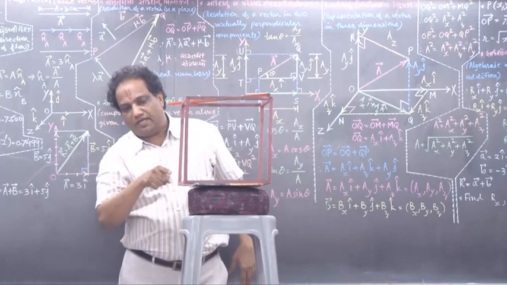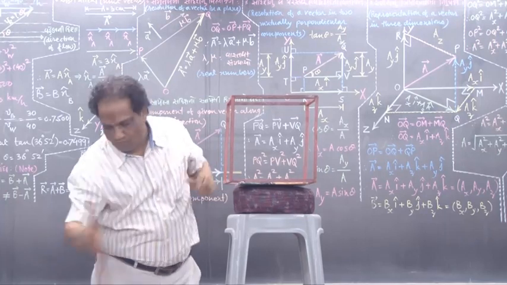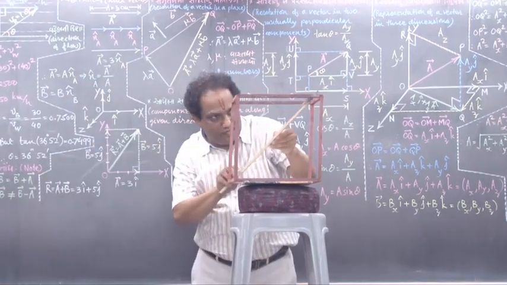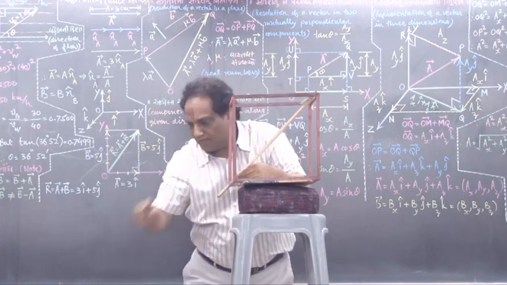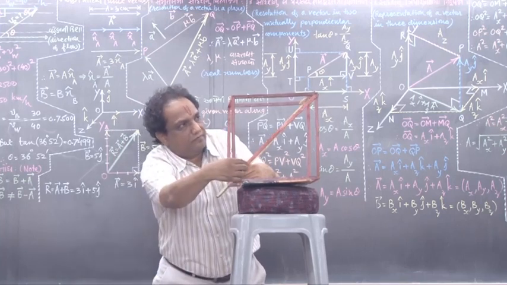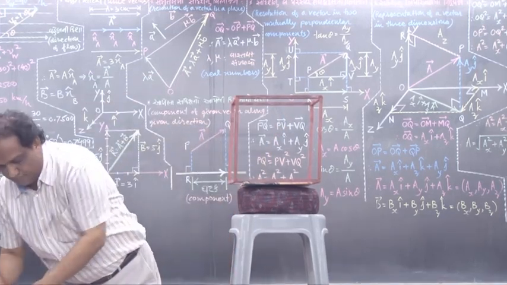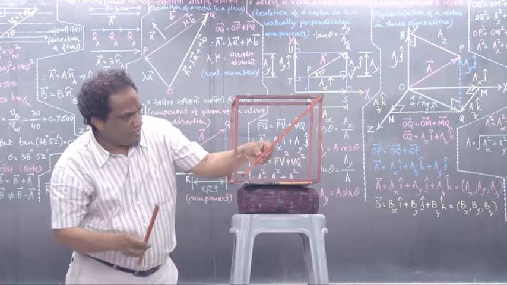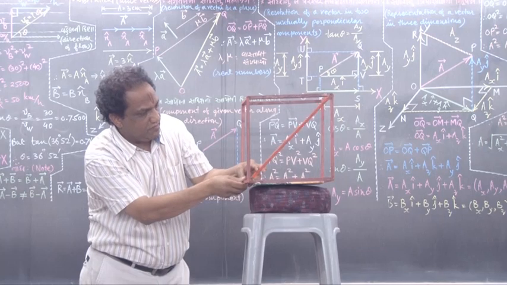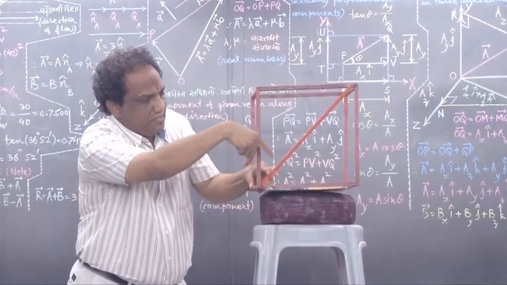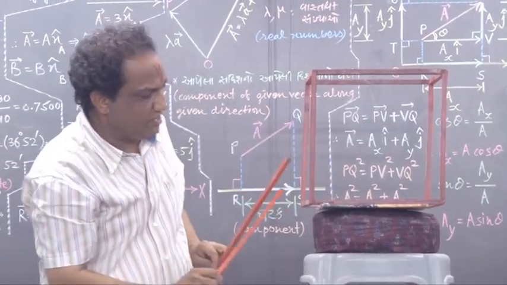And now this one is the z axis. From this point P, you will draw a perpendicular on this z axis. So the perpendicular will be like this. Now this angle is a right angle. This is the perpendicular, and this was your z axis. What is this angle? This is the right angle. And then this much will be the z component.